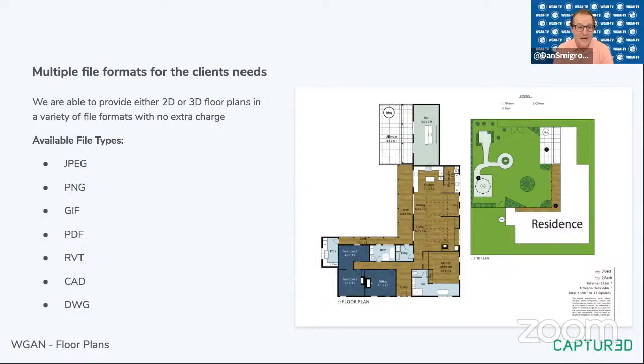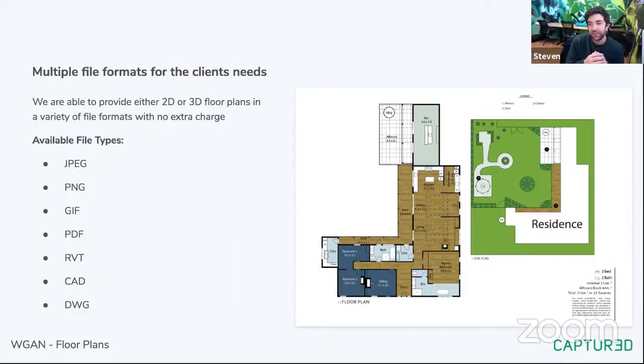So that's interesting. I notice on the left side of your sheet it says available file types. So if I just need JPEG or PNG, I can just specify which file format so that I'm not overwhelmed with additional digital assets that I may not want to use. So I might say I would like branded and unbranded PNG, JPEG, but if I don't need PDF, RVT, CAD, DWG, et cetera, I can just specify the file formats out of that list that I want.